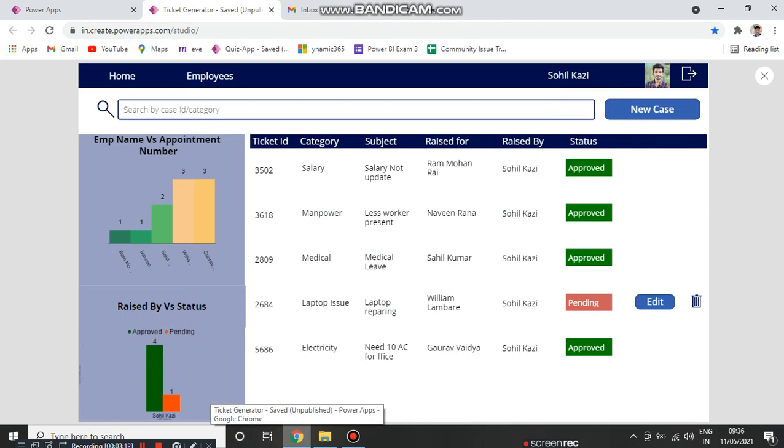There are 4 approved and 1 pending. And this is the employee and appointment number. For example, when Gaurav Vaidya raised an issue for the category electrical, he got appointment number 3. So this shows the appointment number only.